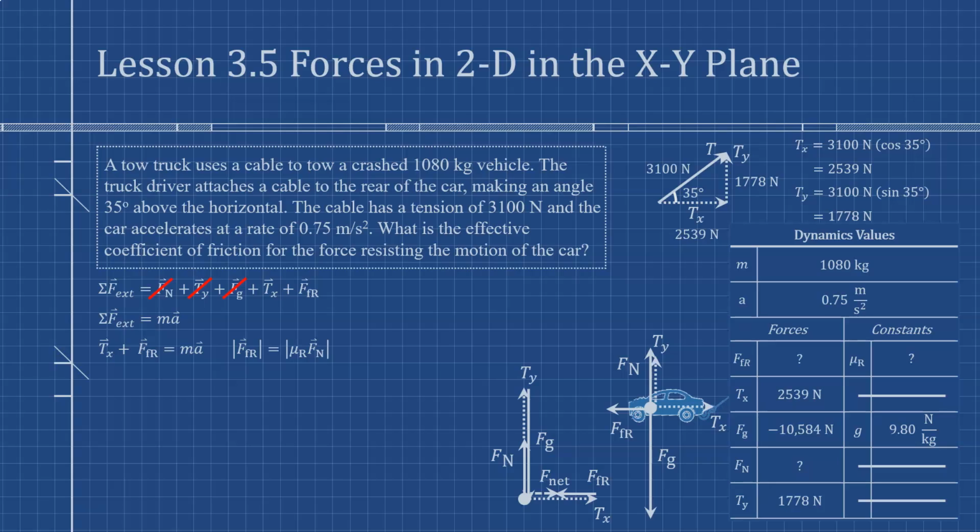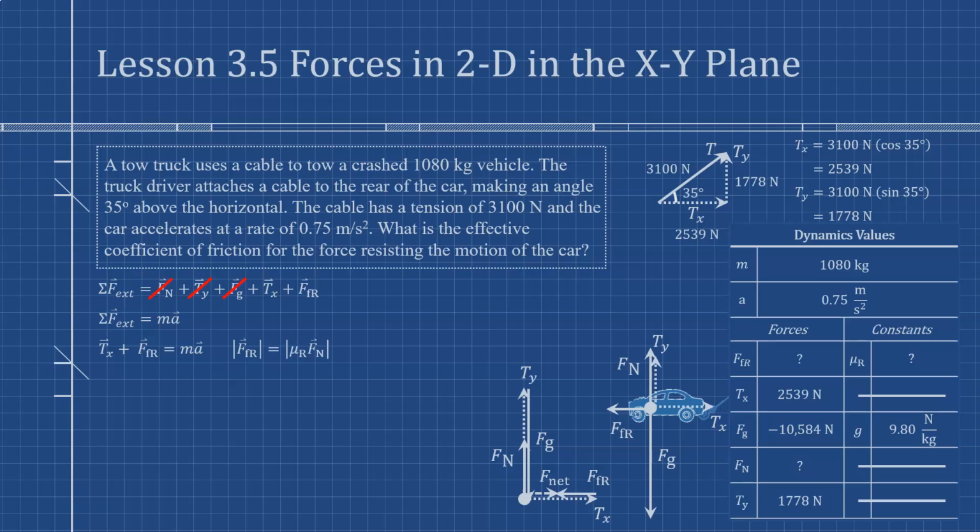Also, I'm just going to note that I'm using the absolute value notation because I'm going to calculate the positive value associated either with friction or with the coefficient of friction. The coefficient of friction is always reported as a positive value. Friction force is going to be positive or negative, but I want to choose that in the context of this problem. So I'm just going to calculate a positive value. Then when I record it in my table, I can choose whether to make it positive or negative. And then when I